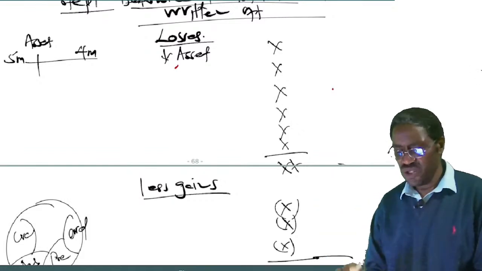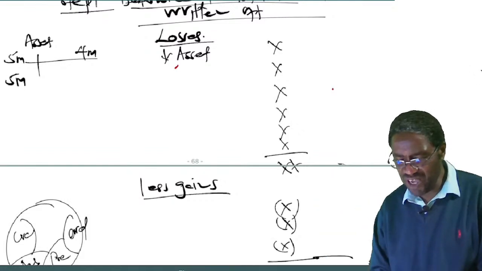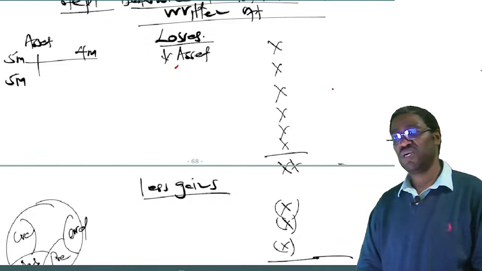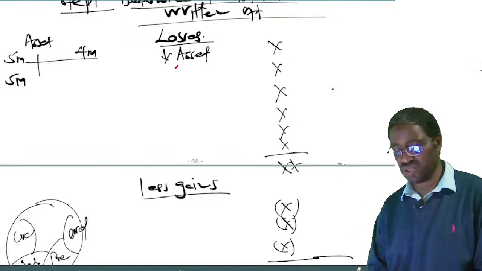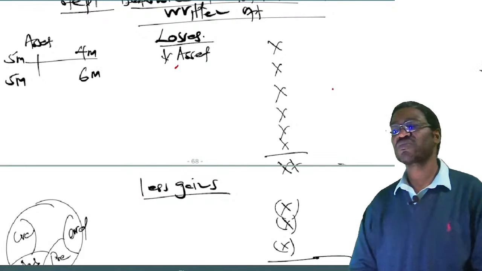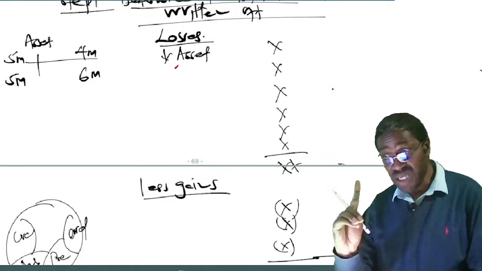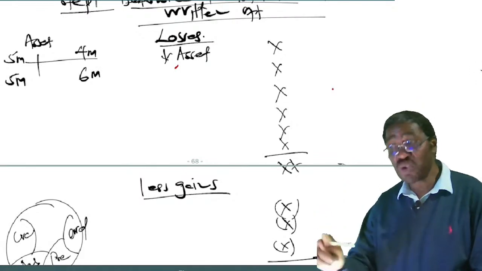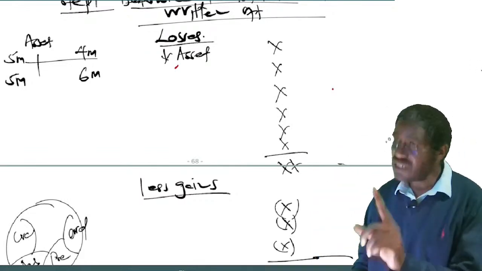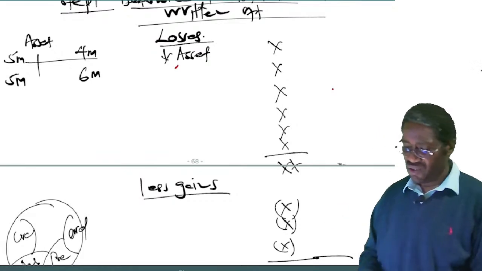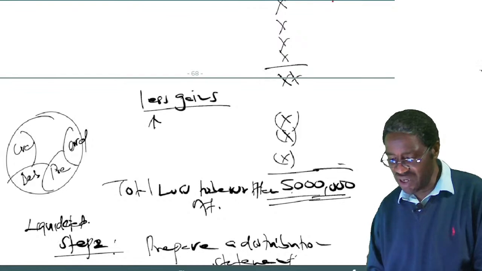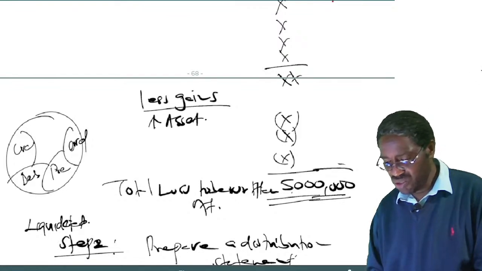What if you had another asset which was worth 5 million in your books before reconstruction, but after reconstruction, it will now go back into the books at 6 million? It means it will go back into the books at a higher value than it was in our books. As a company, we are gaining. One of the gains that you as a company could make is when there is an increase in value of an asset.